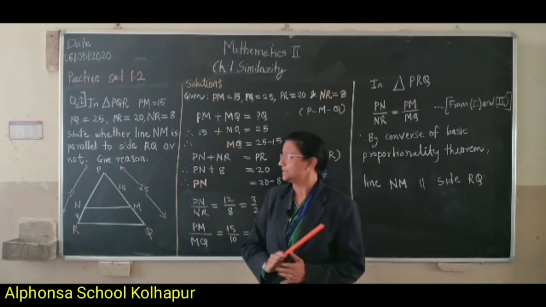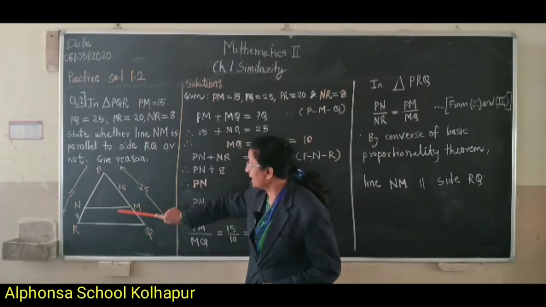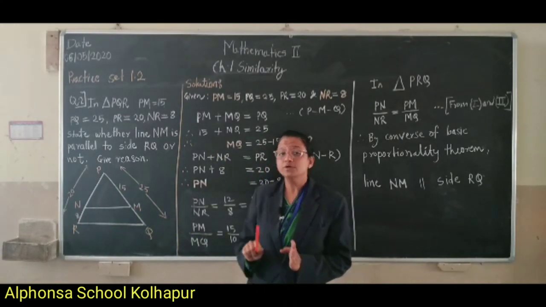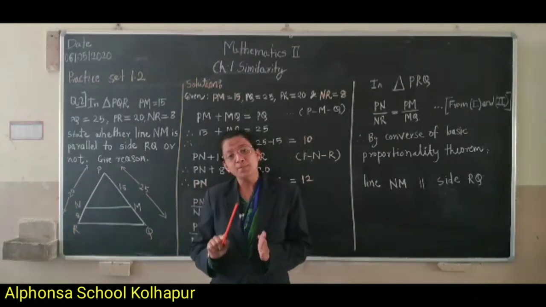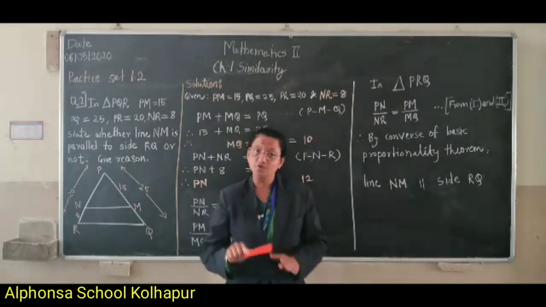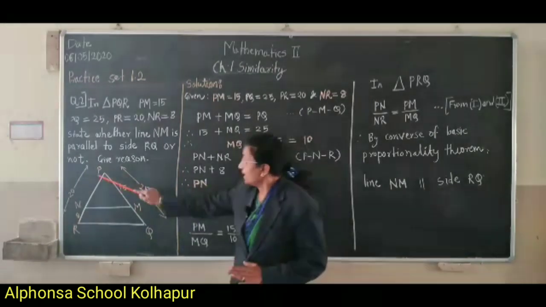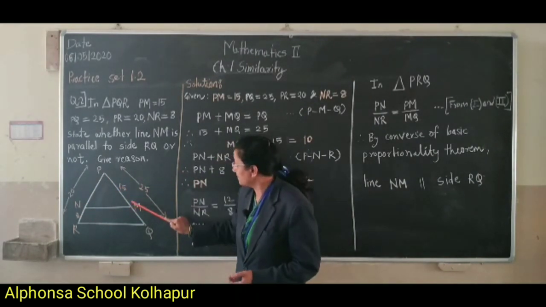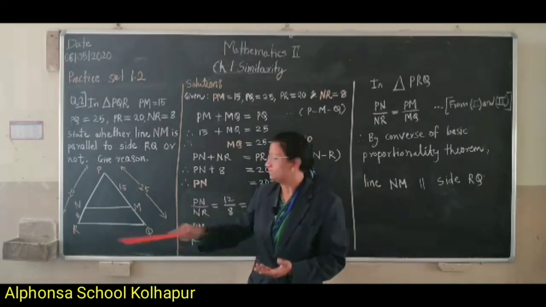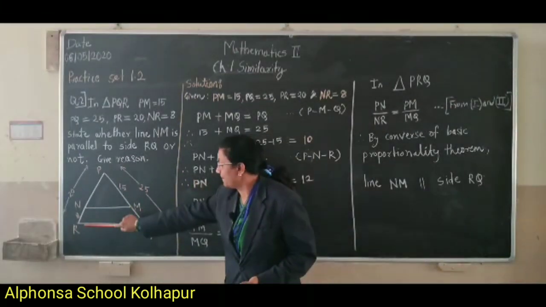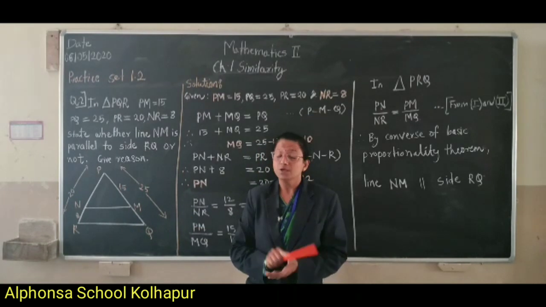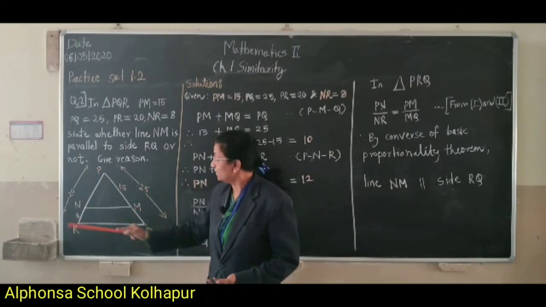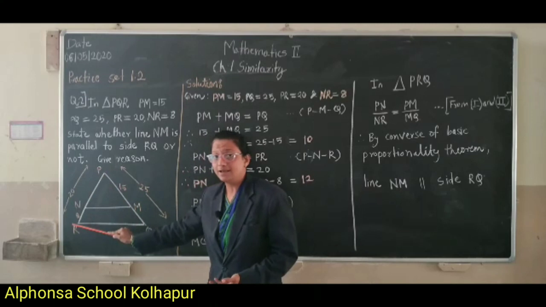Now see, we have to decide whether this MN is parallel to side QR or not. So here we are going to use the converse of the basic proportionality theorem. In the converse of the basic proportionality theorem, if PN upon NR is equal to PM upon MQ, then our conclusion will be NM is parallel to QR. Understood? For that, we have to get the value of PN, because the given values were NR and PR, and